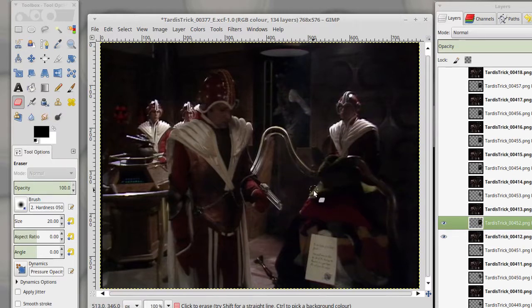And then what we've got to do is erase anything that's not the guard, so anything that's in the foreground, which is the chair and the hat, and anything that's in the background as well. So you can see the background has some roundels on the wall there. We want to make sure that those don't distort as we put this guy from the future in over himself. So it's a matter of we have to erase anything that's foreground or background compared with the guard,